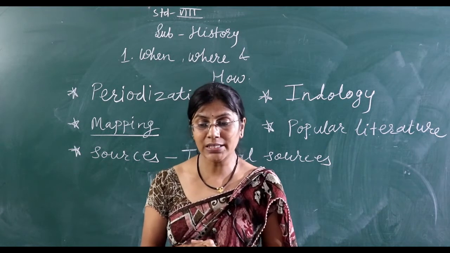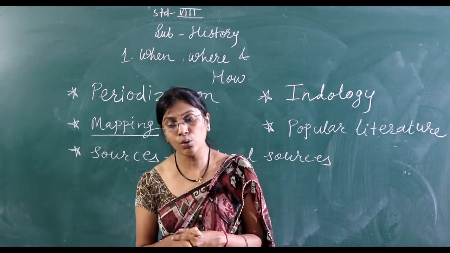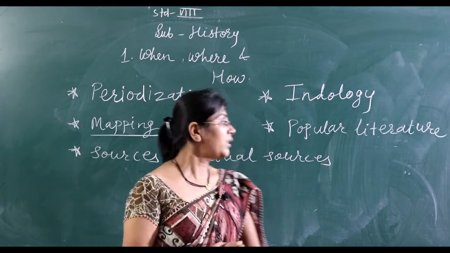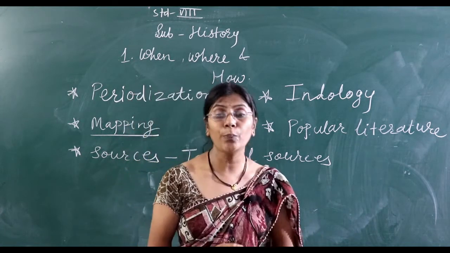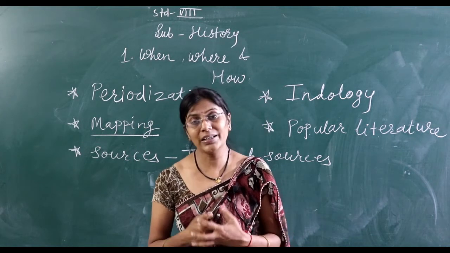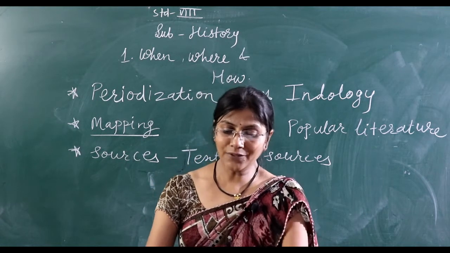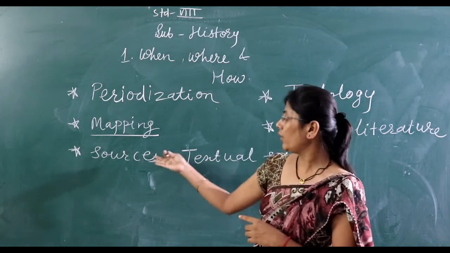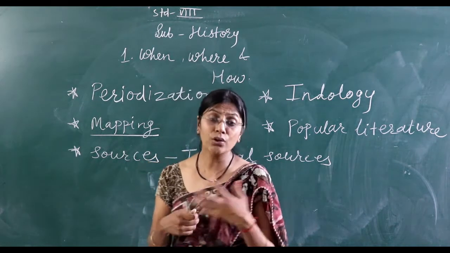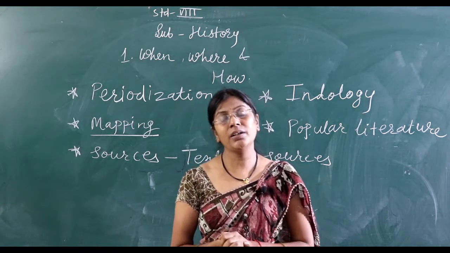Ishwar Chandra Vidyasagar, Raja Ram Mohan Roy, Keshav Chandra Sen, and Devendranath Tagore wrote extensively on the need for social reform. These were the popular literature of different Indian scholars and writers, giving importance to our Indian history. After that, we have already seen the textual sources and the different writers, scholars, and Indologists who, through their writing, tell us about Indian history.